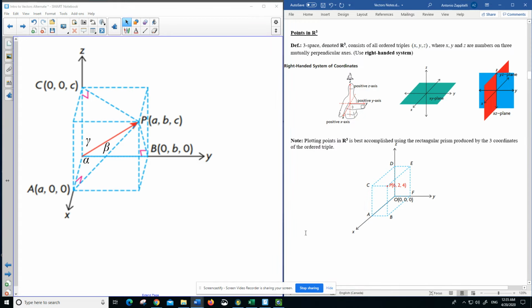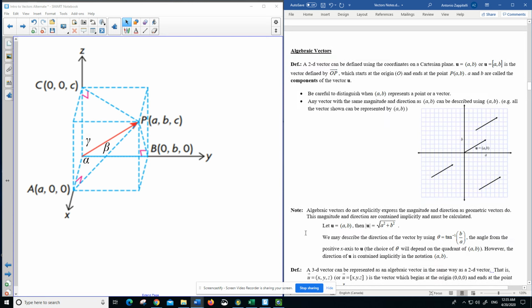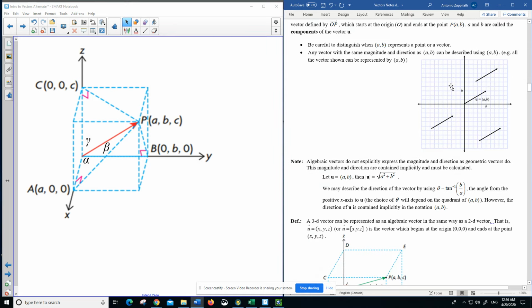All right, so just a quick recap here. Algebraic vectors in 2D are defined as the vector that starts at the origin, which I refer to as O, and ends at the point P. So if the point ends at 1, 3, then this is the vector (1, 3). You also notice here that there's an alternate notation for algebraic vectors, and that's square brackets. We're going to use round brackets because that's what the textbook uses, so we'll stick with that. And remember that once you define the vector AB, you can then move it around